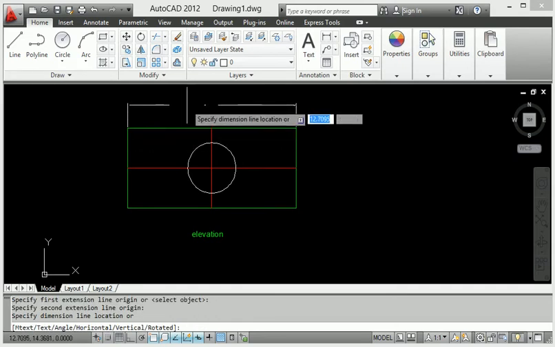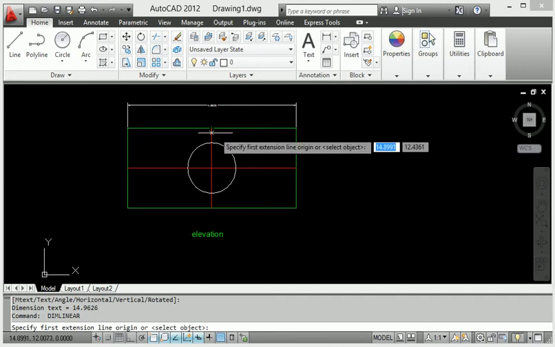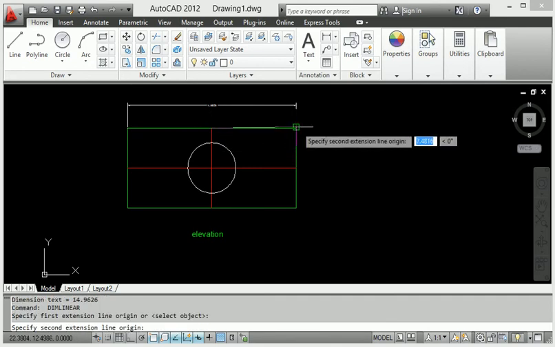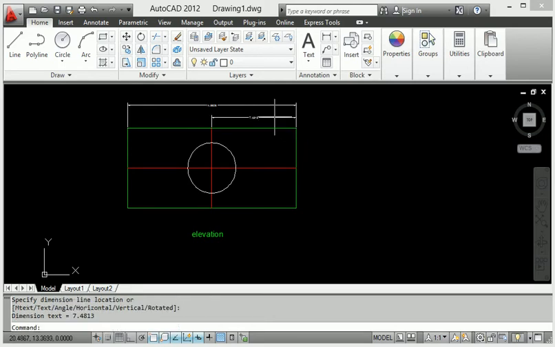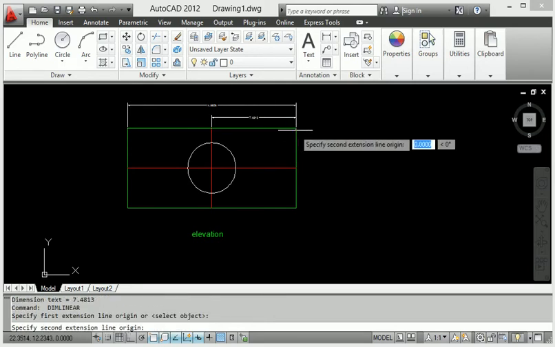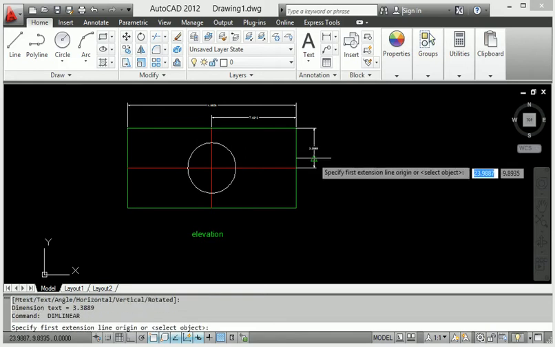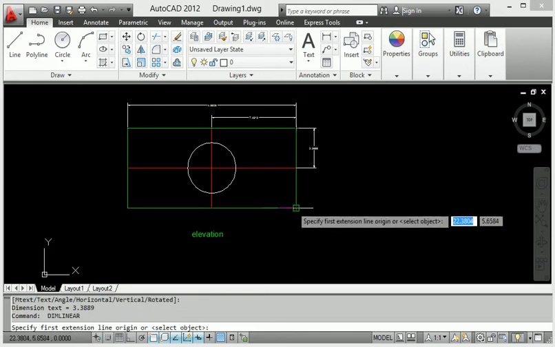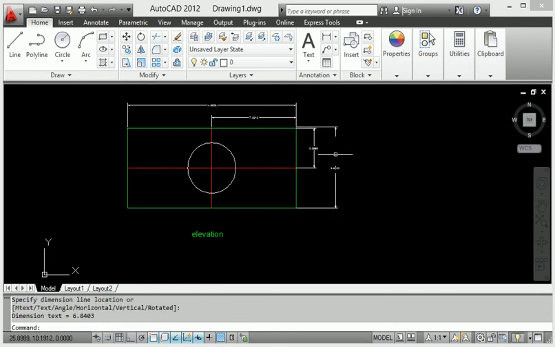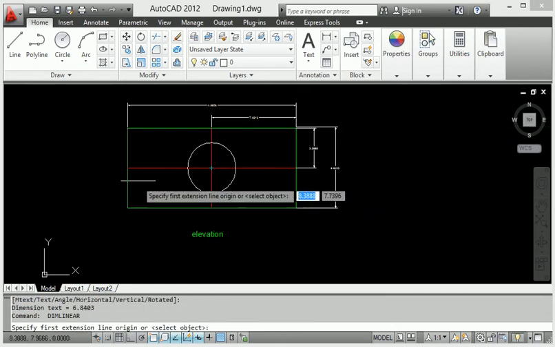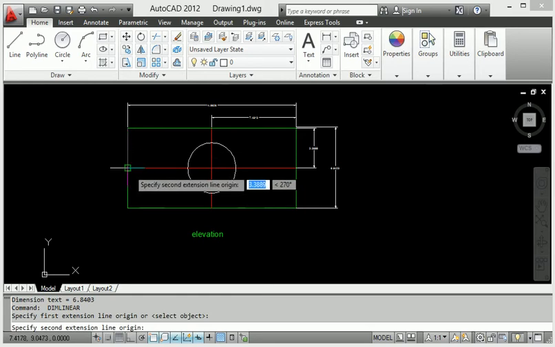Same thing from this point to this point, and also from this area to this area. It is very useful for creating dimensions. Anywhere I can provide the dimension right here.